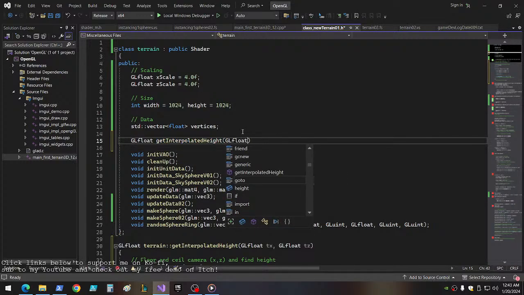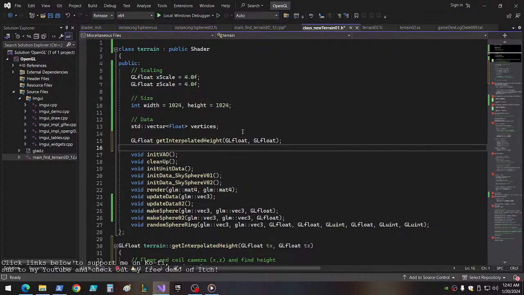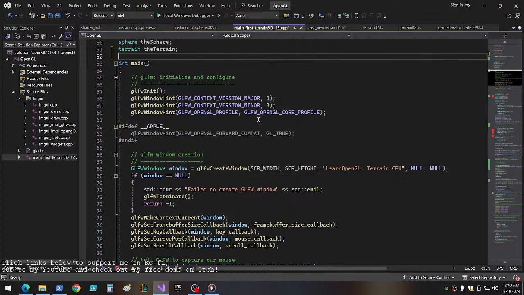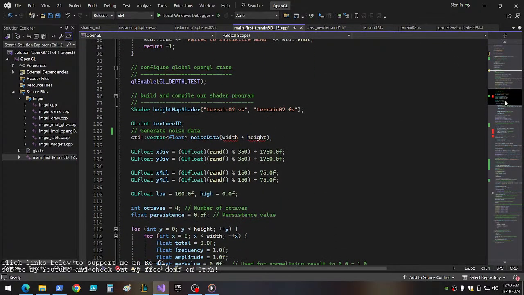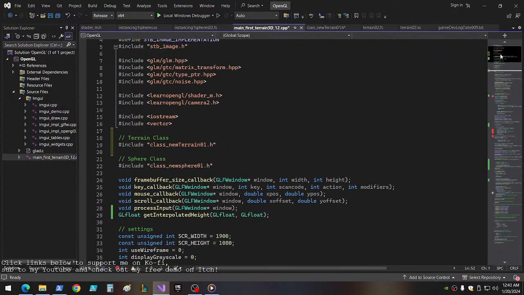Takes 2 floats. Okay. So shader, height map shader. Okay, so this right here. So when I use this shader,